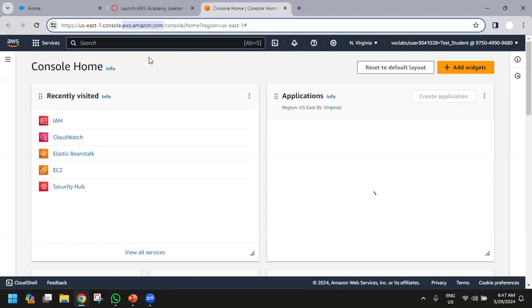So this is the dashboard, or the default look of AWS, that is aws.amazon.com.